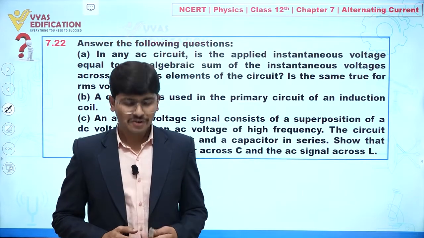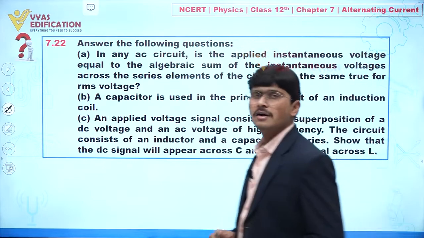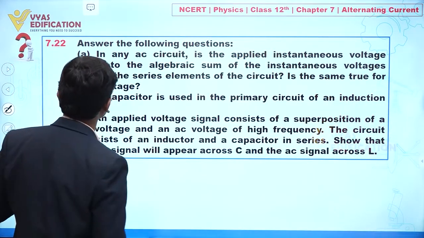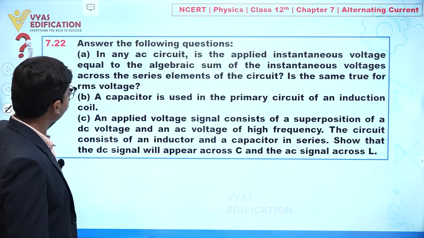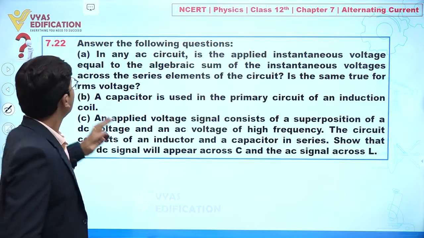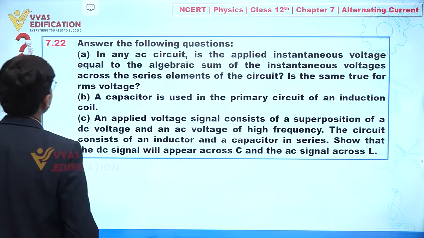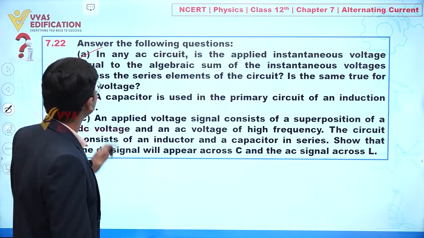So students, now we are going to discuss question number 7.22, clear? In this question, we have parts A, B, C, D and E, and we have to answer the following questions, clear? So concentrate. If we talk about the first part, part A, it is given to you: